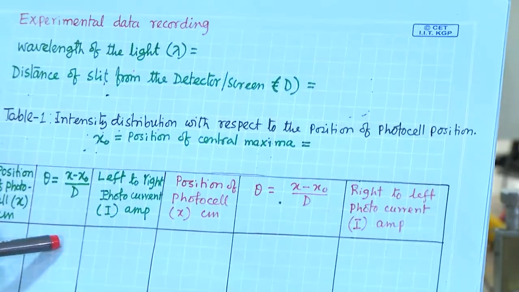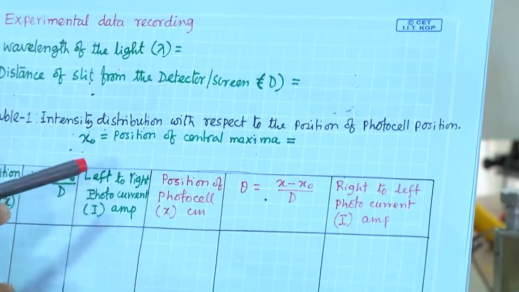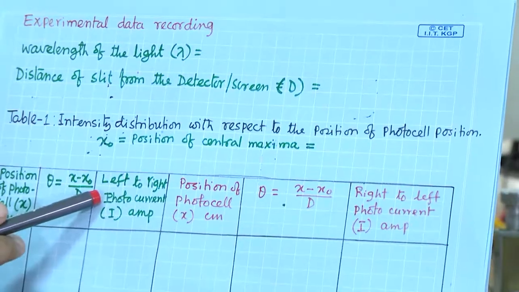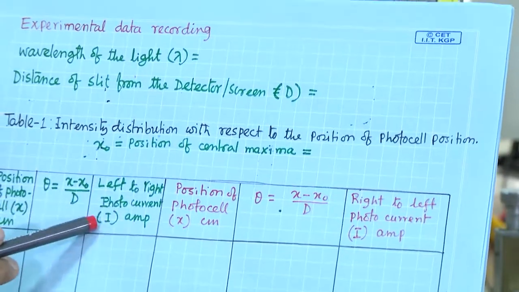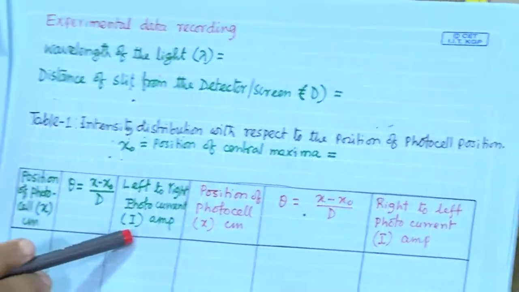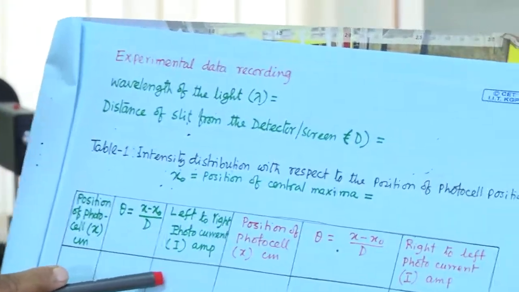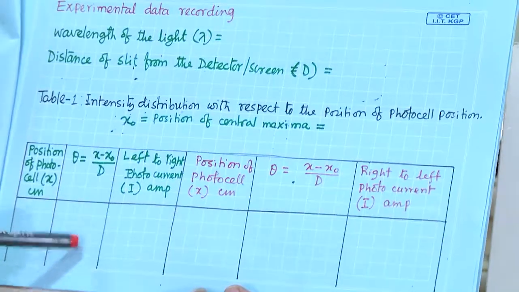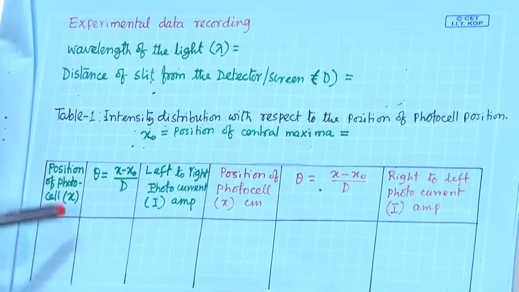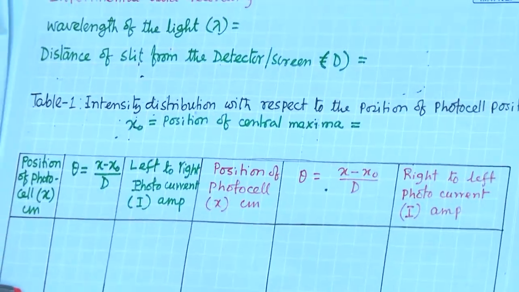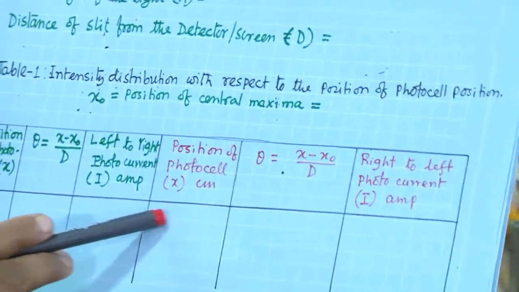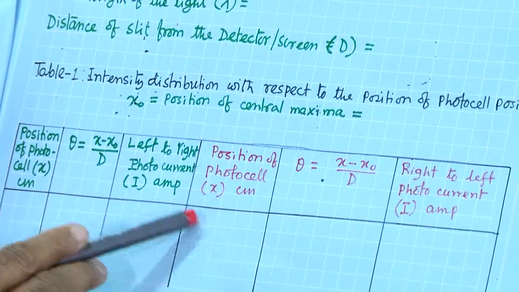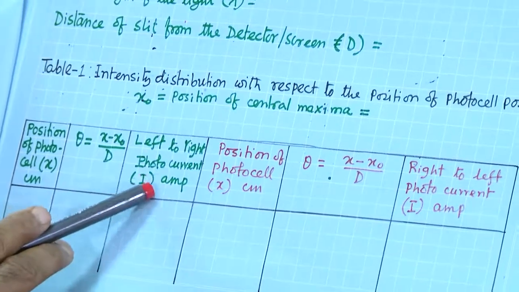For that theta, when we move from left to right, how this photocurrent I or photovoltage is varying, we will note down as a function of theta or as a function of position x of the photocell. So, we will find out basically the intensity